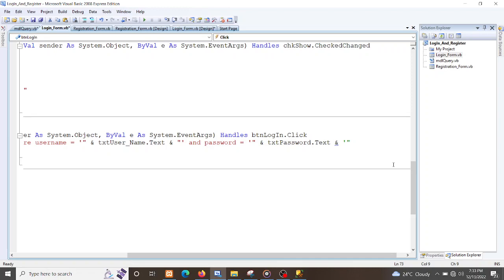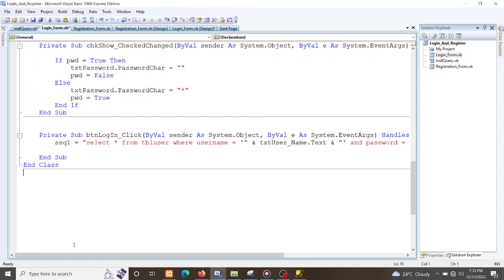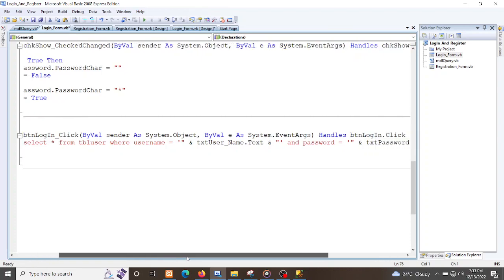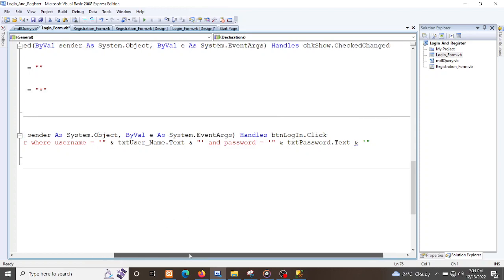Wait a minute. So, may kulang tayo. Kaya nagkaka-error. Select from table user where username txt, that username, that text, and password. Is it password? Password. And text user name, that text, and